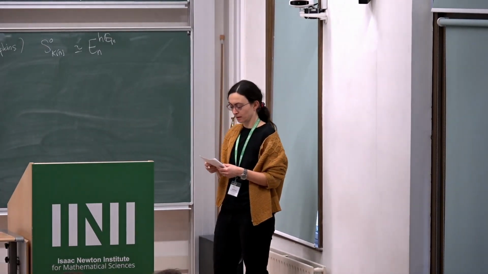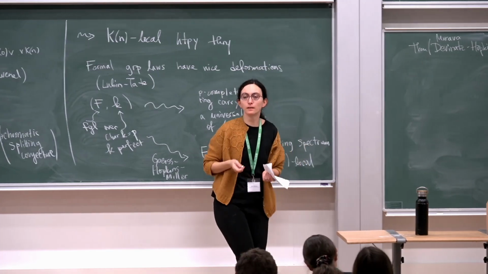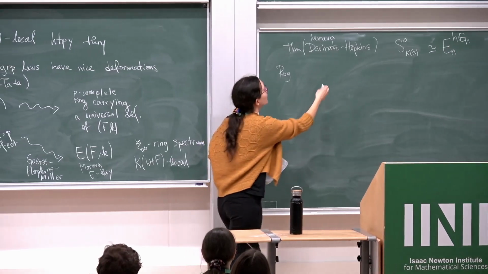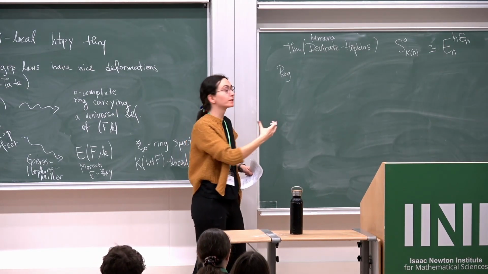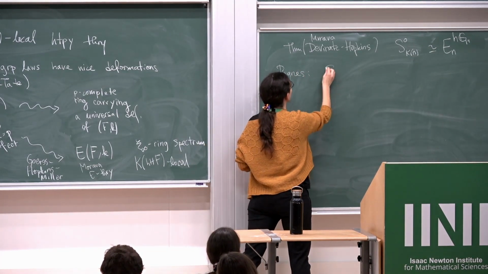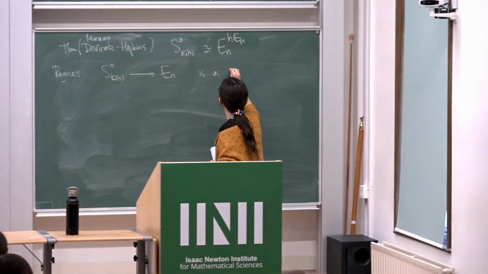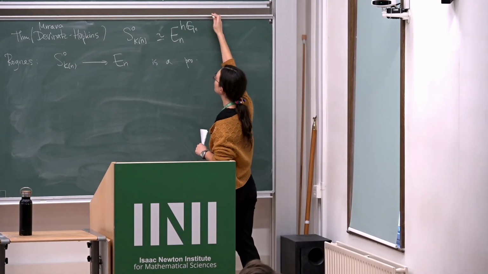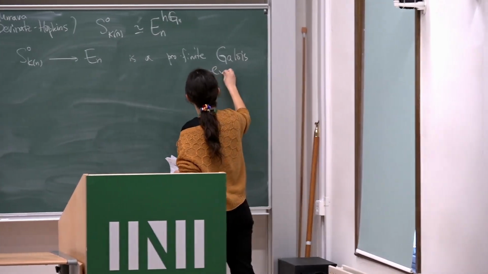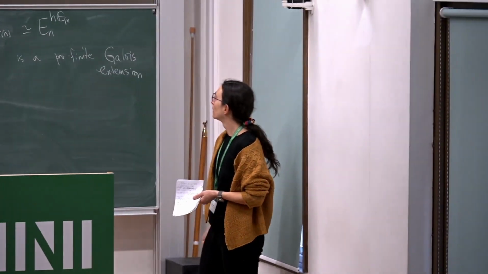And in fact, I guess John Rognes interpreted the details that go into showing this in the Devinatz-Hopkins work as saying that, in fact, this is a pro-Galois extension, so a profinite Galois extension, of the Kn local sphere, with Galois group Gn. And